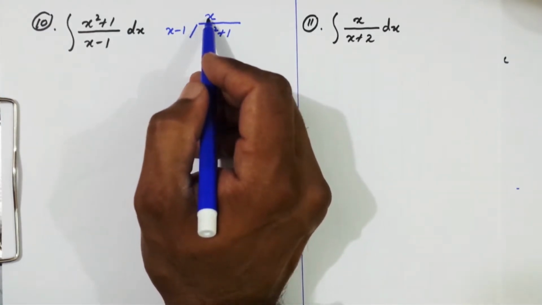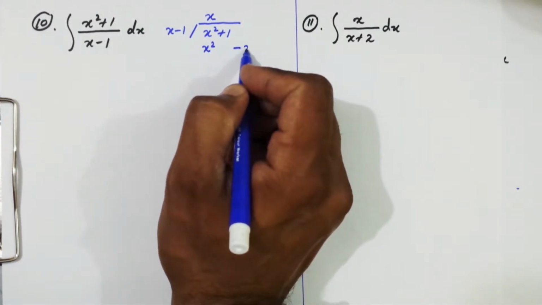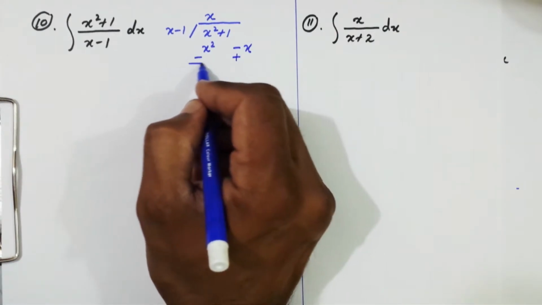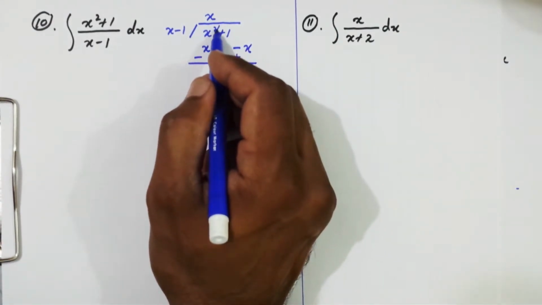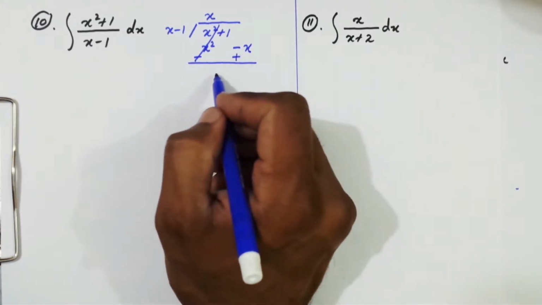After that multiply x with minus 1, we get minus x. Changing the sign, now this term will cancel. Here the remainder is x